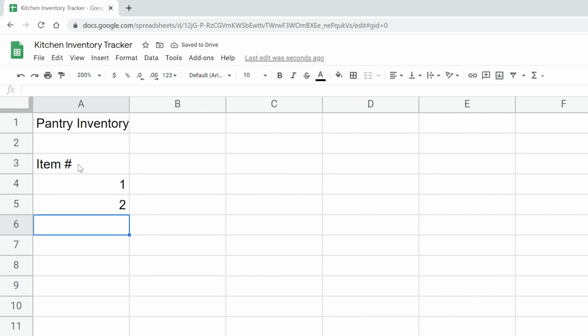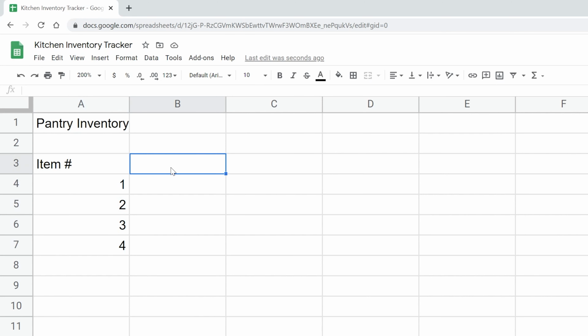But you can stop here because you've already given this spreadsheet enough information where you can autofill the rest of the numbers. So it will recognize a pattern. If you left click and highlight cell A4 and go down to A5 while still holding your mouse, and then you let go, you'll notice there's a little blue square in the bottom right hand corner of the range. If you hover over it, left click and hold your mouse and drag down, go down as far as you want to have your inventory items. We'll just say we're going to do 4 of them and let go. And it guessed the rest of the sequence. So 1, 2, spreadsheet guessed 3 and 4. So you're already saving time as opposed to just writing this out.